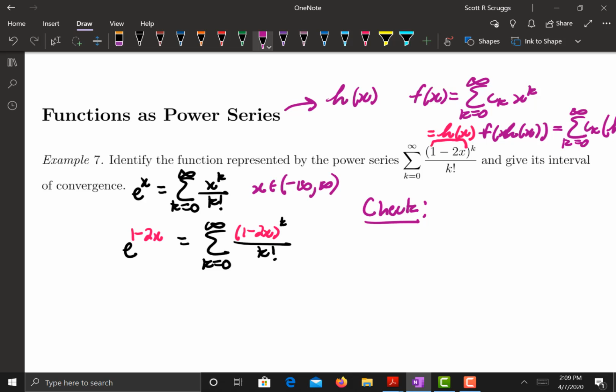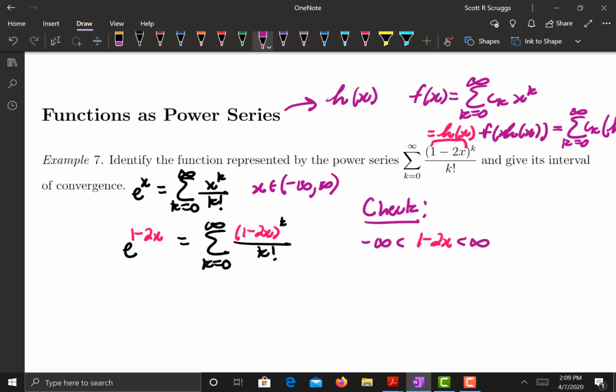So let's check if we still have that the interval is negative infinity to infinity. Because I know that I worked with the Maclaurin series for e to the x, and I know that the original interval of convergence is negative infinity to positive infinity, I'm going to work with that interval again,